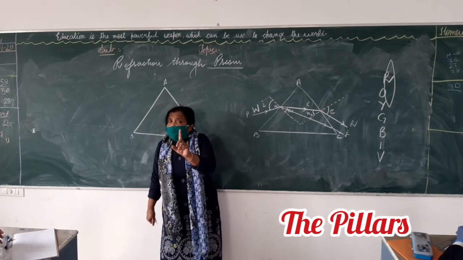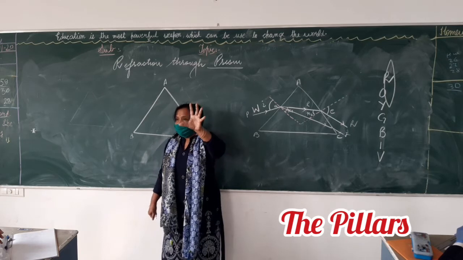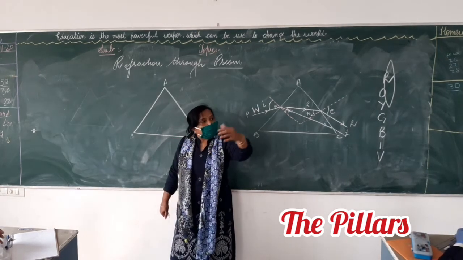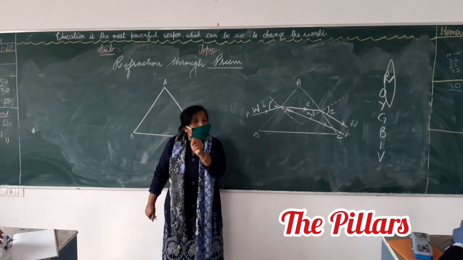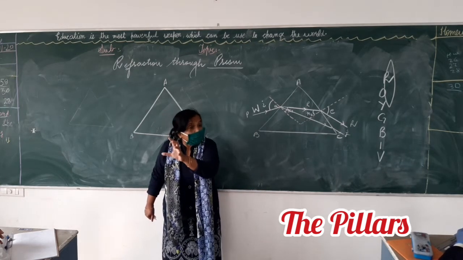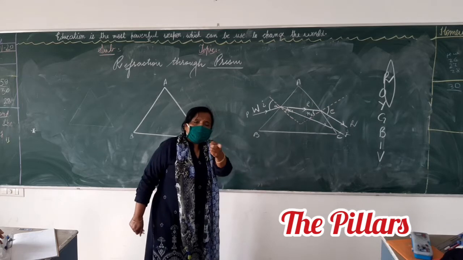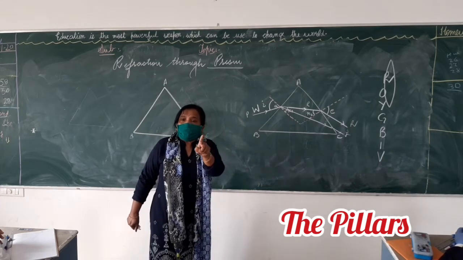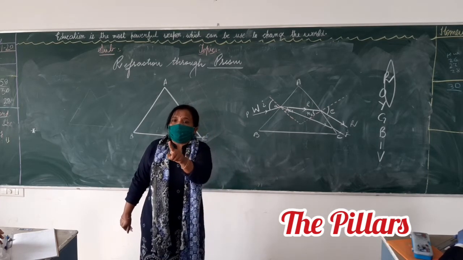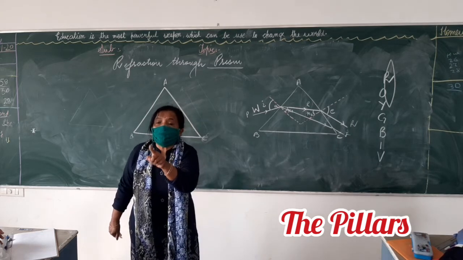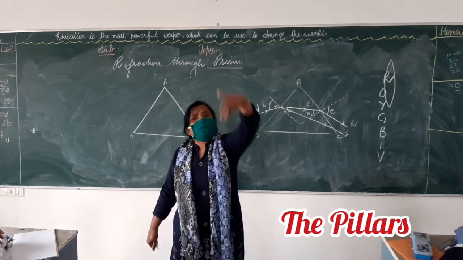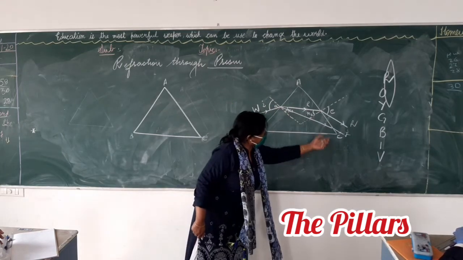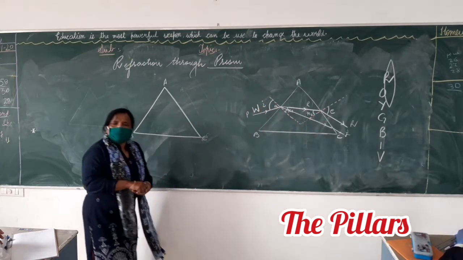What is the meaning of refractive index? Bending capacity. I told you. Whatever definition you have, what does it signify? Bending capacity. So the question is, what is the reason of dispersion? The refractive index of the material of the prism is different for different colors. Then how is violet coming here, and red? Now see, look here.